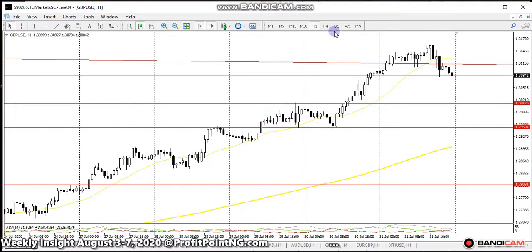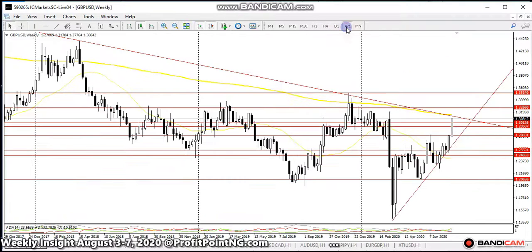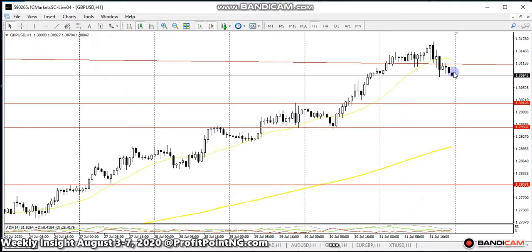So this is due largely to the fact that the weekly candle encountered confluence of resistance at this point. Now, the confluence of resistance is due to, number one, the trend line, the upper boundary of the wedge at this point, and at the same time the 200 EMA, which also acted as a resistance at that point. That's why we saw that GBP/USD had that retracement about that time on Friday.